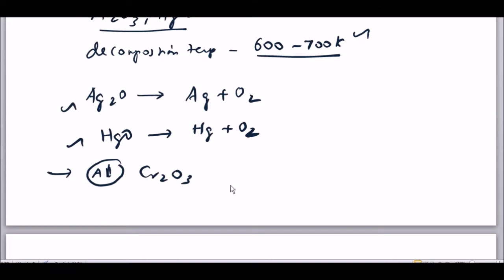Any metal can reduce the oxides of other metals that are located above in the diagram. So here aluminum is located below and chromium is located above. And hence chromium oxide can be reduced as follows. You see, this is the case. If you take this particular diagram,